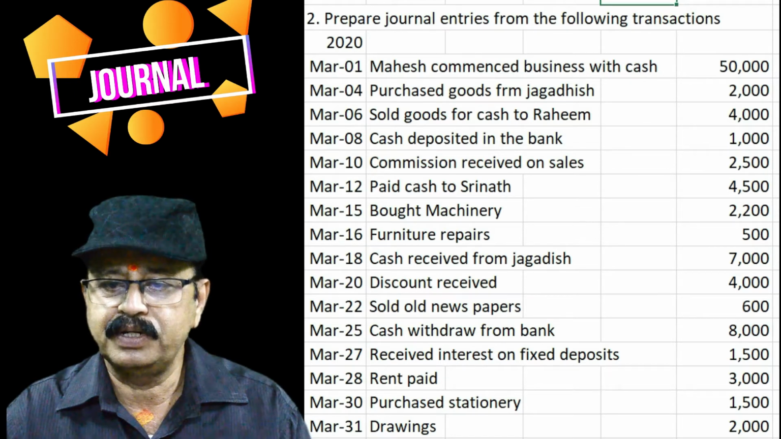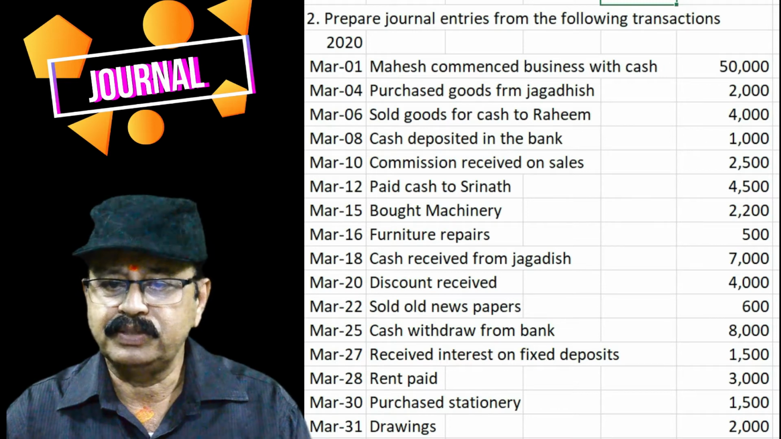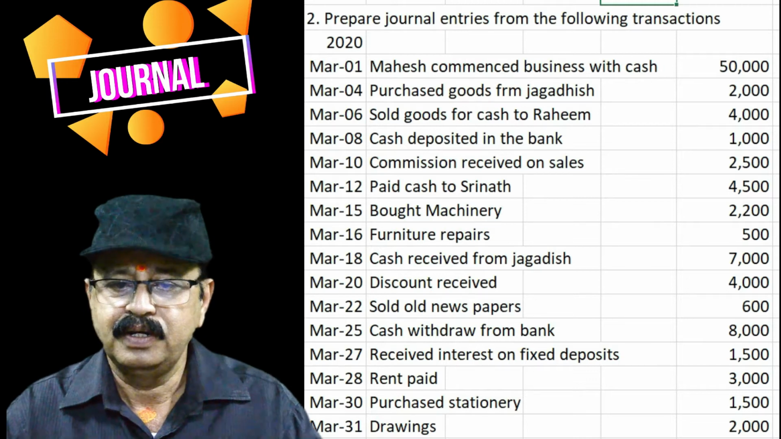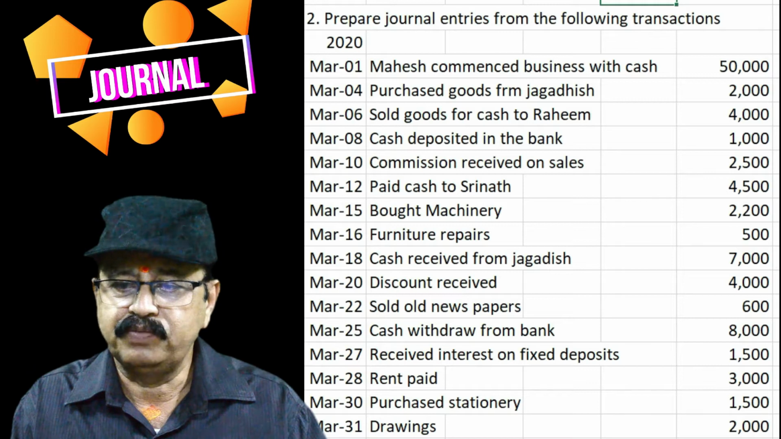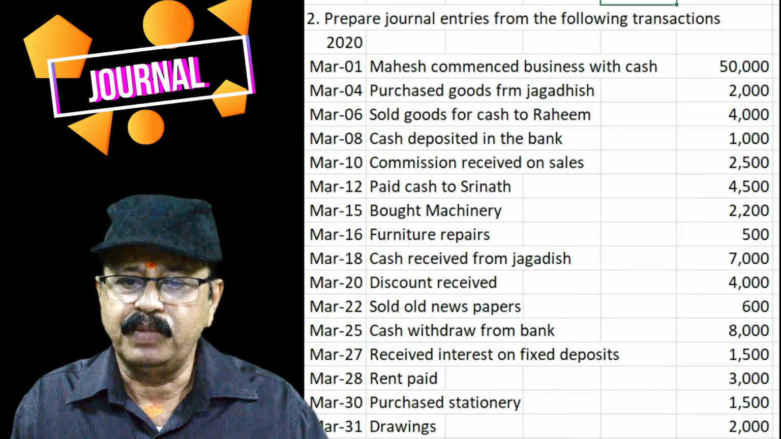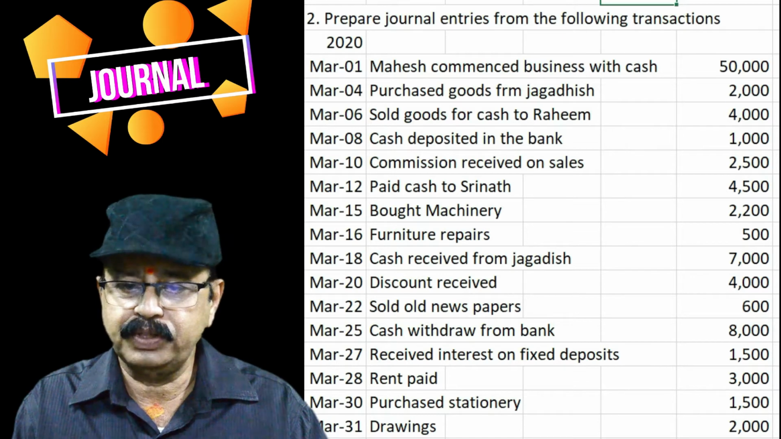March 10th, commission received on sales 2,500. March 12th, paid cash to Srinath 4,500. March 15th, bought machinery 2,200. March 16th, furniture repairs 500. March 18th, cash issued from Jagdish 7,000. March 20th, discount received 4,000. March